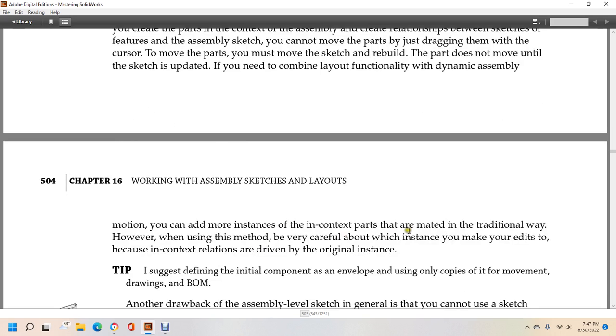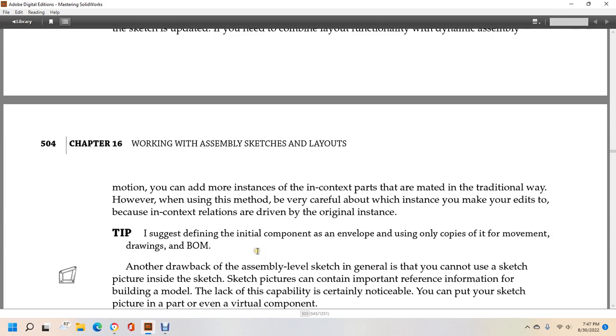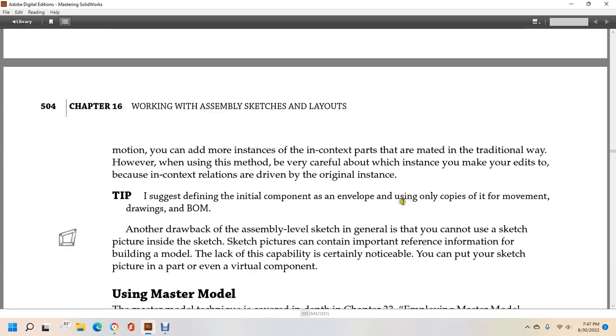You can add more instances of the in-context parts made in the traditional way. However, use this method very carefully with the instances. You make your edits to the originals, because the in-context relations are driven by the original instances. I suggest defining the initial component with the envelope and using only copies for the movement. Drawing a bill of materials shows a little